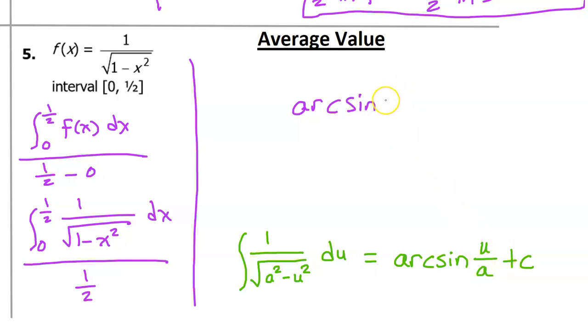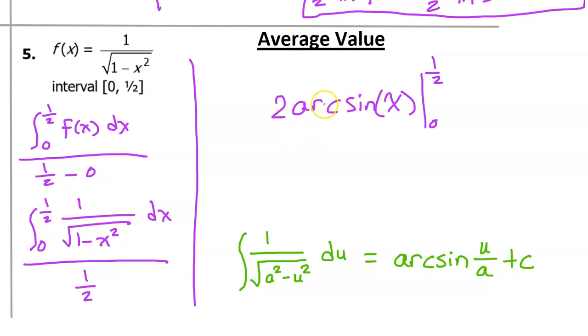So that's just going to be x over 1, which is just x. Instead of putting plus c, I am going to evaluate using my limits of integration, which go from 0 to 1/2. And don't think I forgot about this 1/2 in the denominator. Dividing by a fraction is the same as multiplying by the reciprocal, so this will become a 2 out in